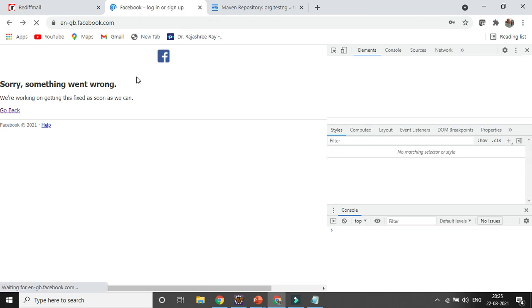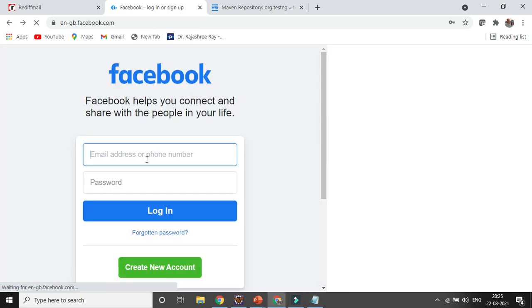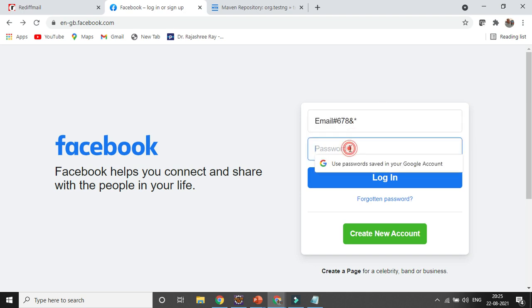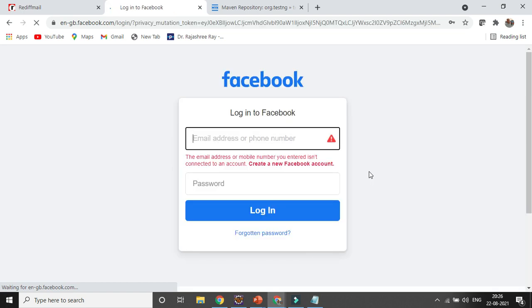It is not throwing the correct error message. Let's go with email at, give anything. Try to click on the login button, so it will throw some error message. We need to add some assertion point for that email field. That is the part I need to validate, whether the error message is coming or not.